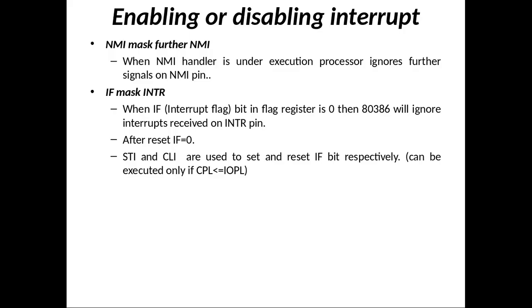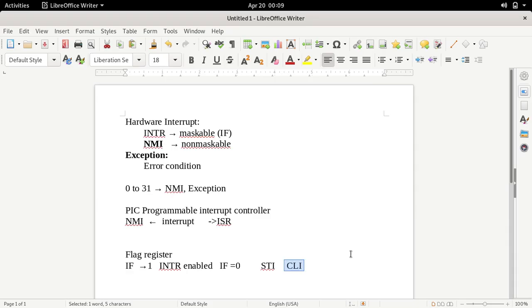Are these instructions privileged instructions? Yes, we have discussed what is meant by privileged instruction. We have seen that in the 80386 there are a total of 19 privileged instructions. Do STI and CLI come under that category? Yes. We have seen the definition of privileged instruction: the instructions which affect the segmentation mechanism, the protection mechanism, or alter the interrupt flag. Which instructions alter the interrupt flag? Those instructions are CLI and STI. So these are privileged instructions.